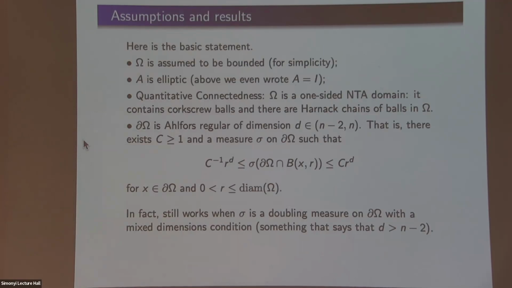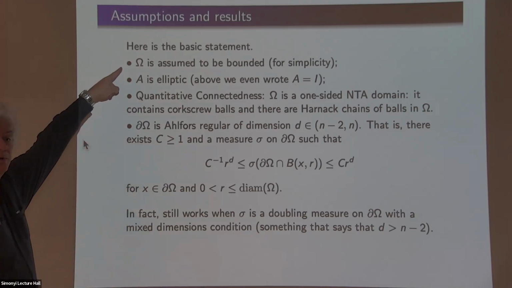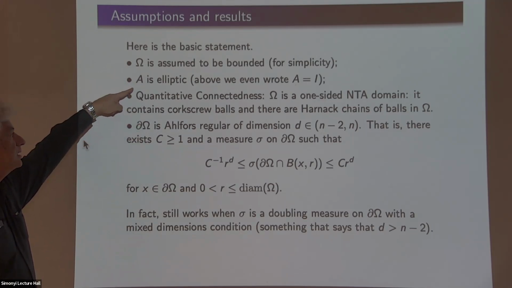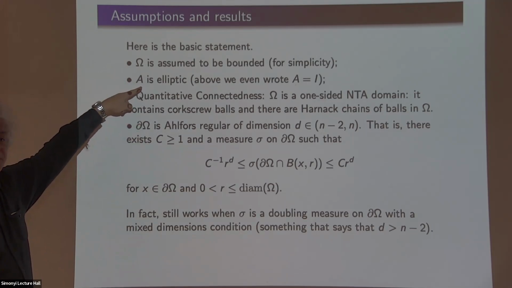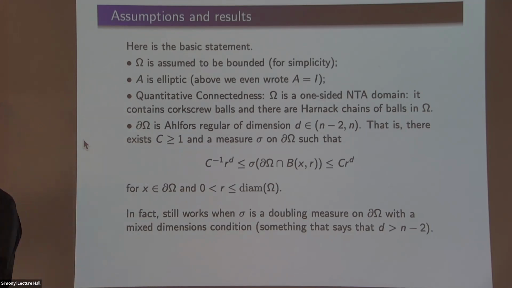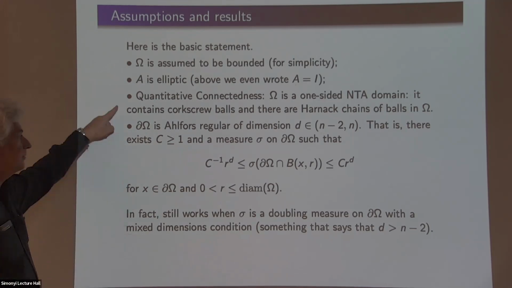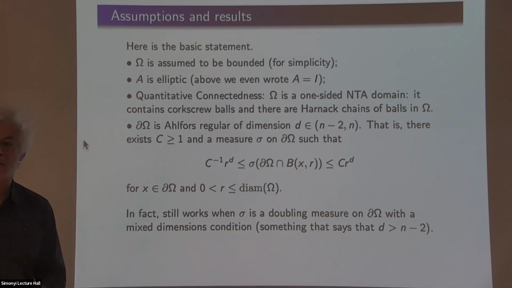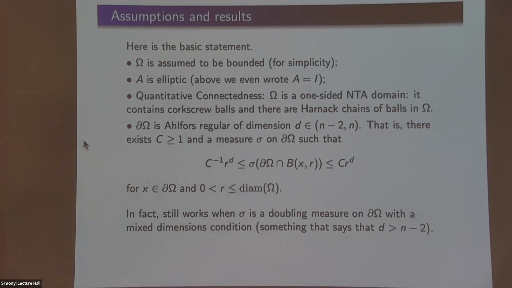okay. Time for a statement. So let's say this is because otherwise I did not define things correctly, but it's not very important. A is an elliptic operator, and again, we've been considering that the thing was just the Laplacian. Omega is supposed to be NTA because, well, if it was not connected, for instance, you would never see the other side. Okay, so it's a fair thing to ask. And then there is this thing here, which is a way of at least allowing fractal boundaries.